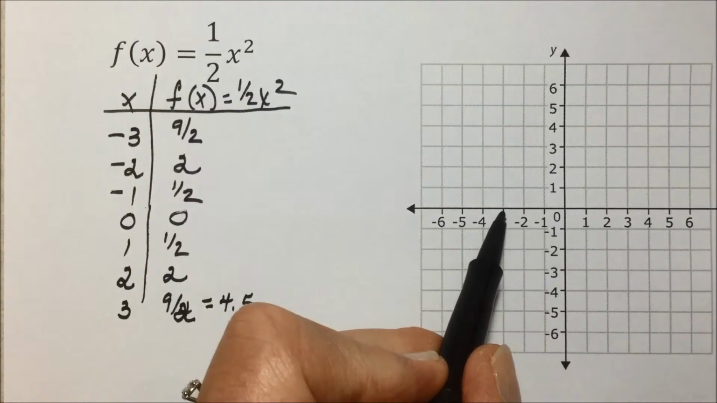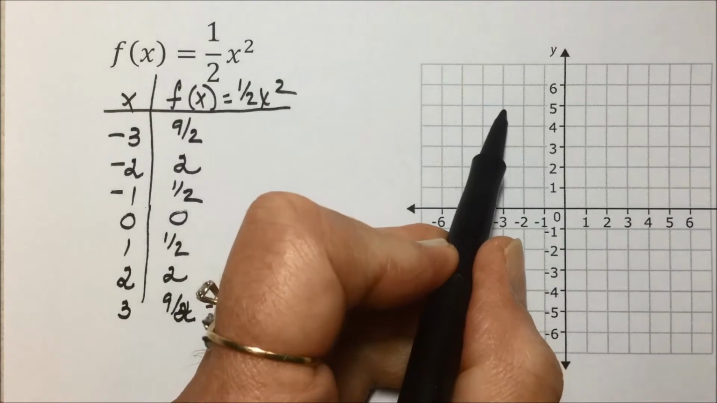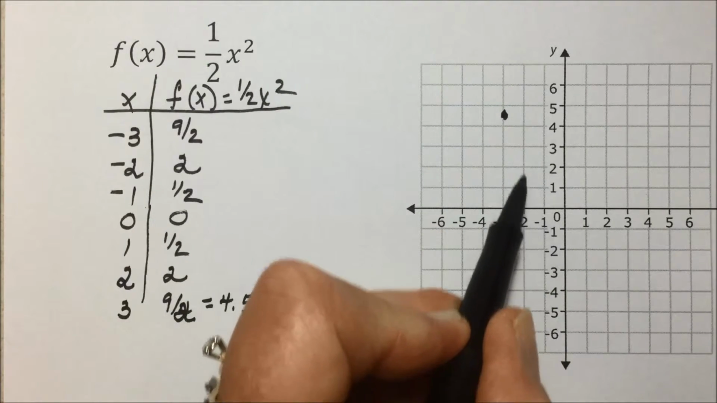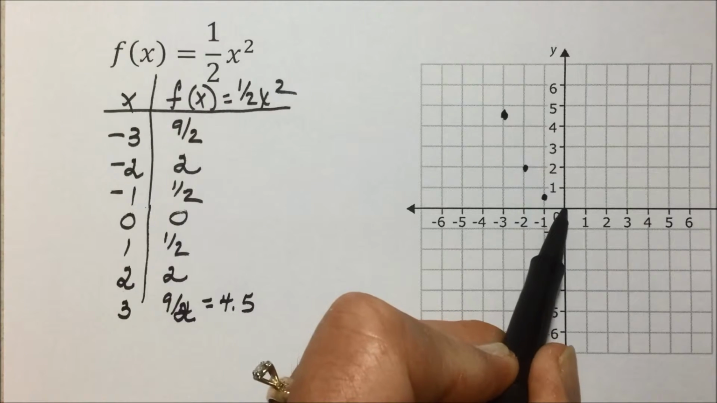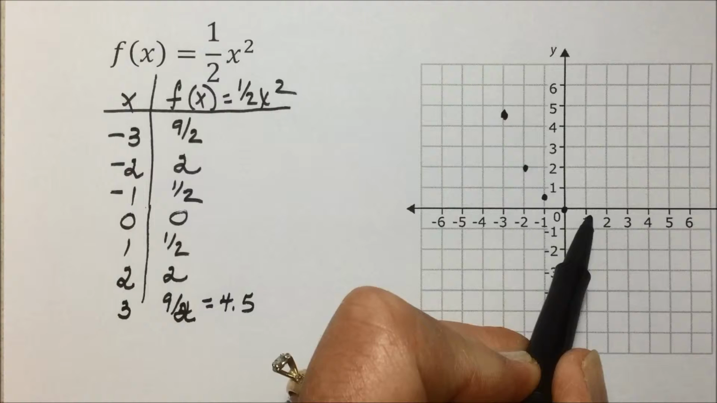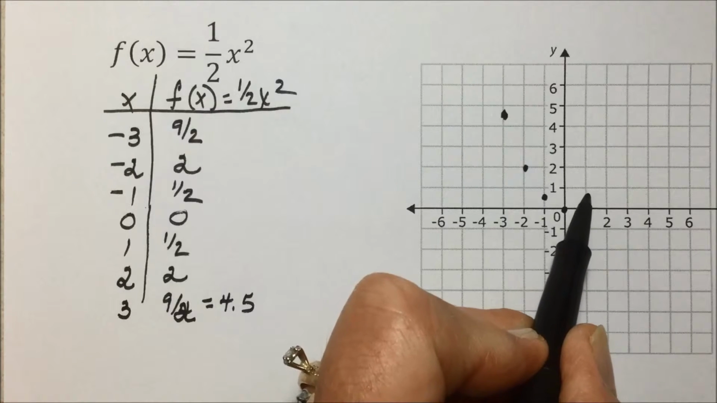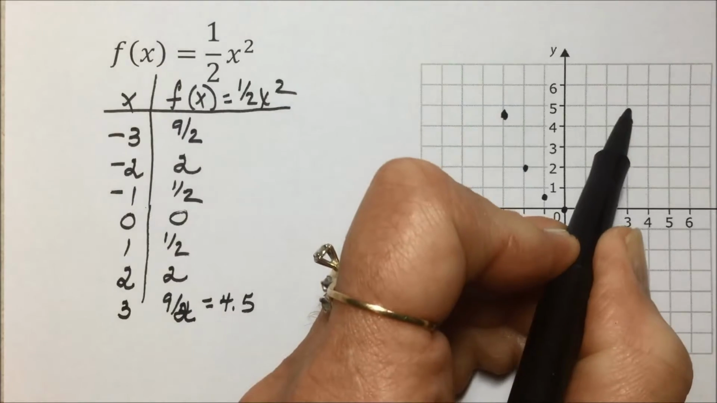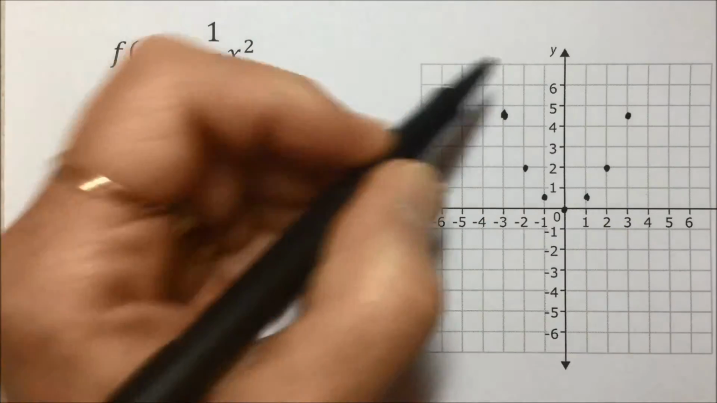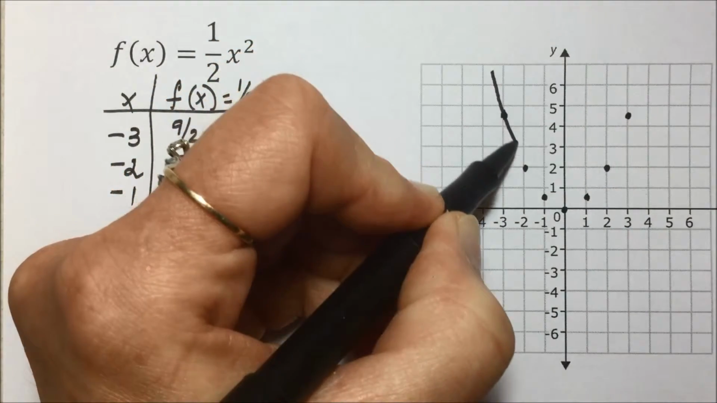We have -3, 4.5, -2, 2, -1, 1/2. There's our vertex, or at the origin. 1, 1/2, 2, 2, and 3 at 4.5. Connecting those points,